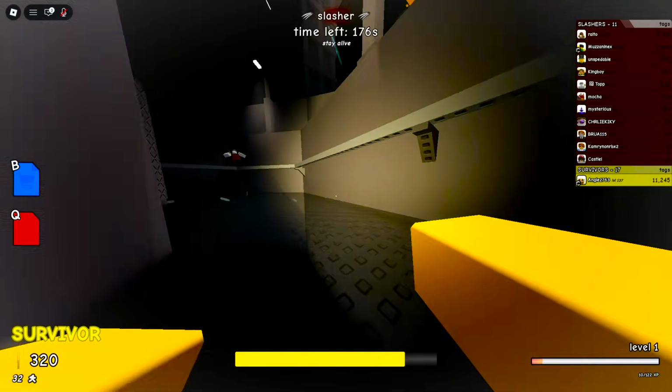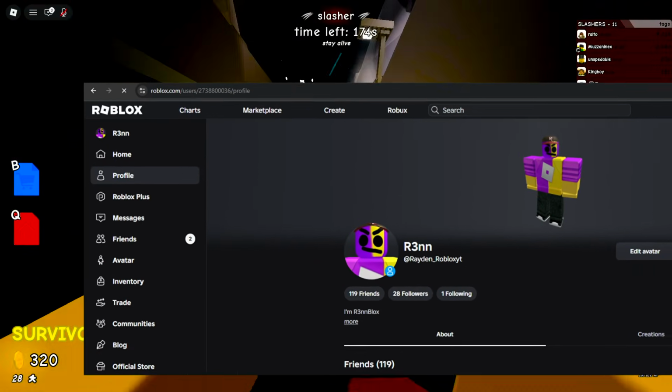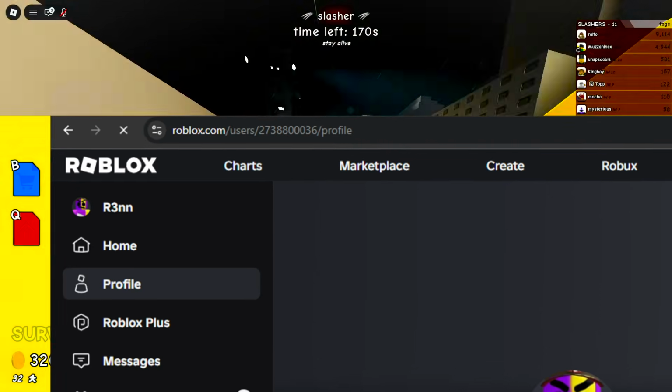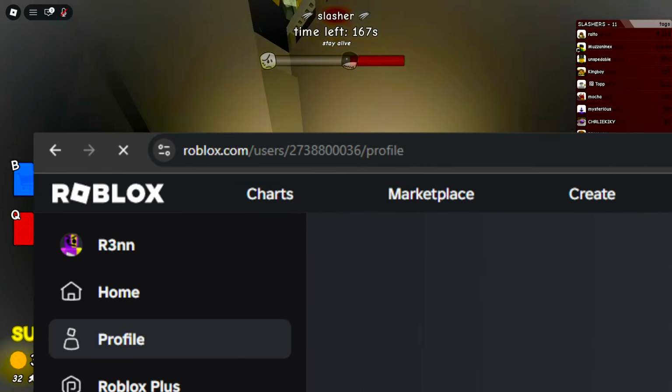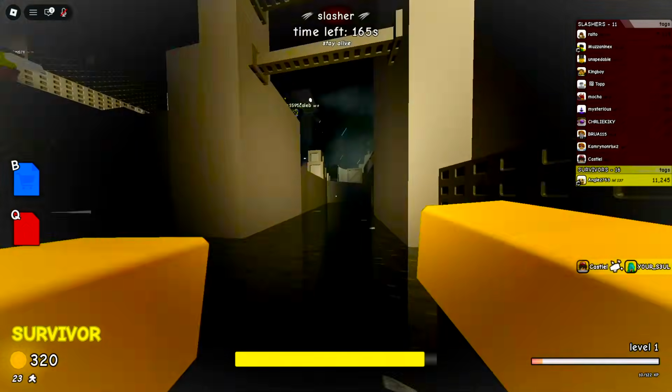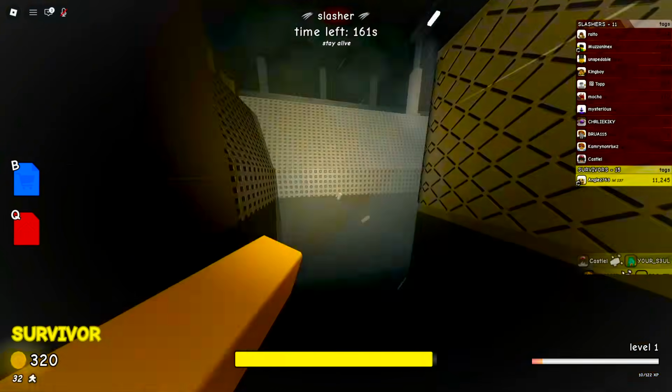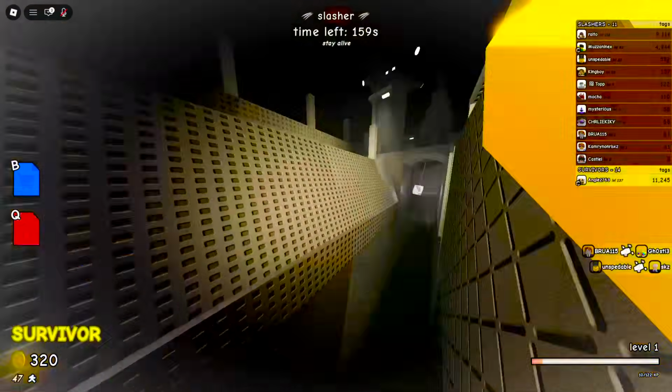So if you don't know what a user ID is, it's basically the long string of numbers that are on the link of your profile on Roblox when you click on your profile, and then you can use that to share your account with your friends. But your user ID also does a lot more things that affect a lot of people on the platform, and with this Roblox update, it'll make it significantly more dangerous for everyone on the platform.